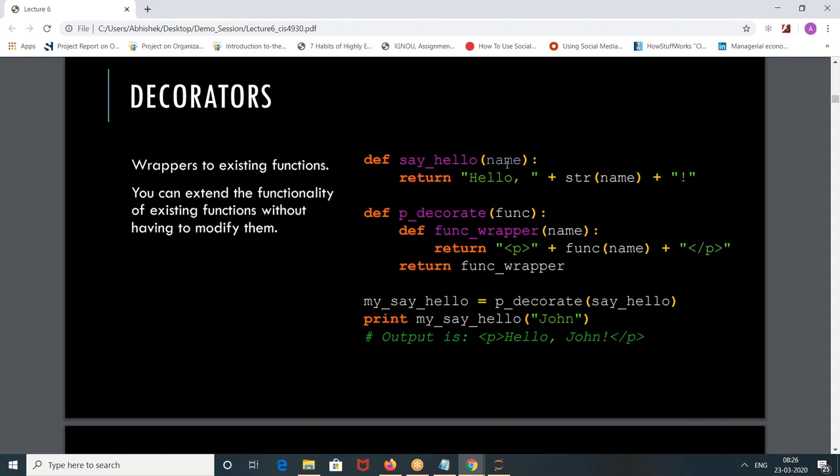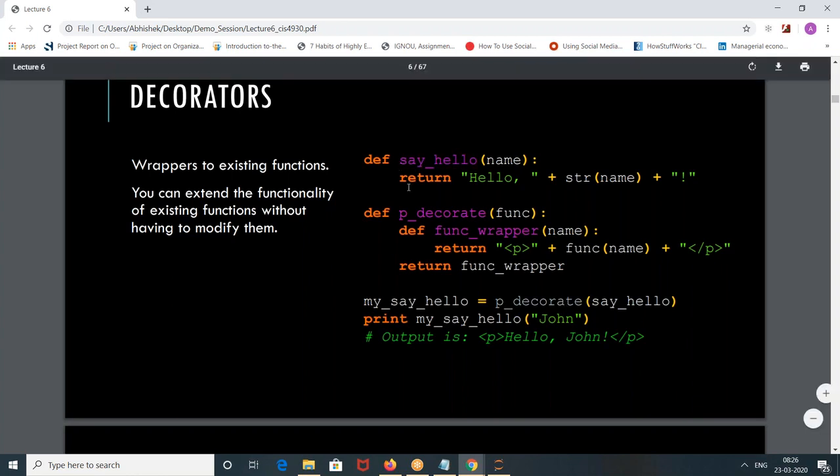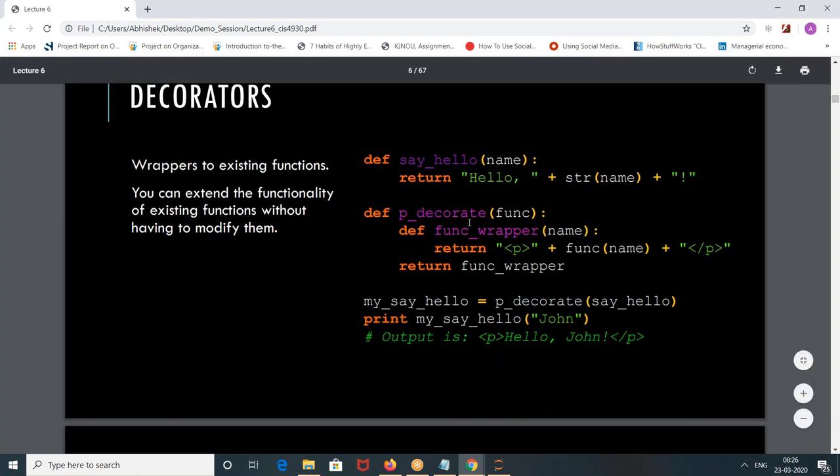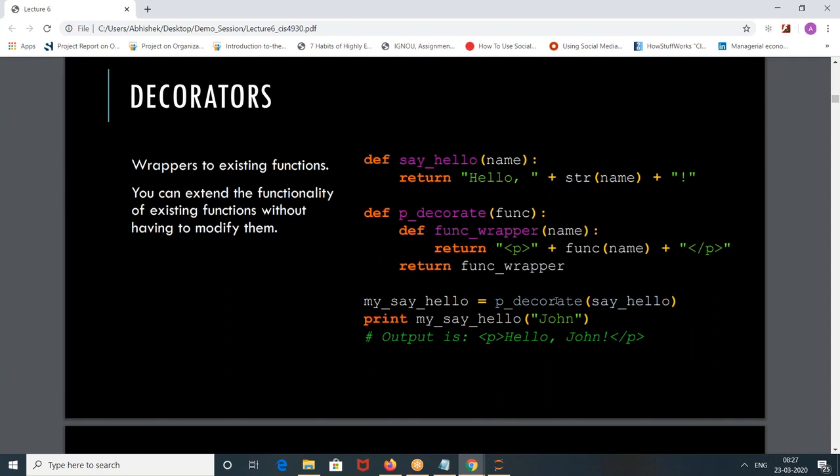Here name is going and sitting here. Func is a variable for this, but you are passing a function. See, this pink color p decorate, this say hello is the say hello function. So for these two pink color ones, instead of passing a variable, what am I doing? Within a function, I am passing one more function. If you agree, I will go to the Python notebook.